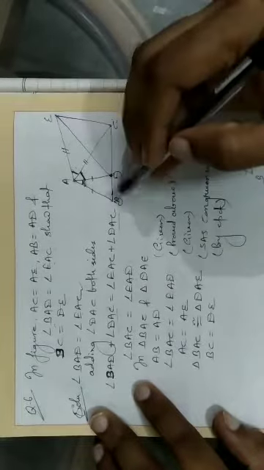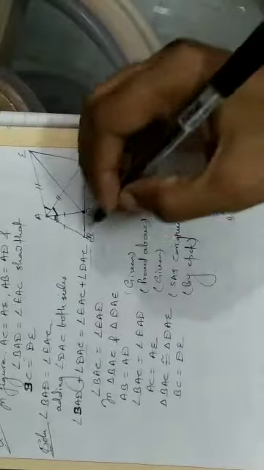In triangle BAC and in triangle DAE, you can draw here. I have drawn here angle BAC and angle DAE. In these two triangles, I have drawn these two triangles separately for your convenience so that you may understand. This triangle I have taken here. This triangle I have taken here.